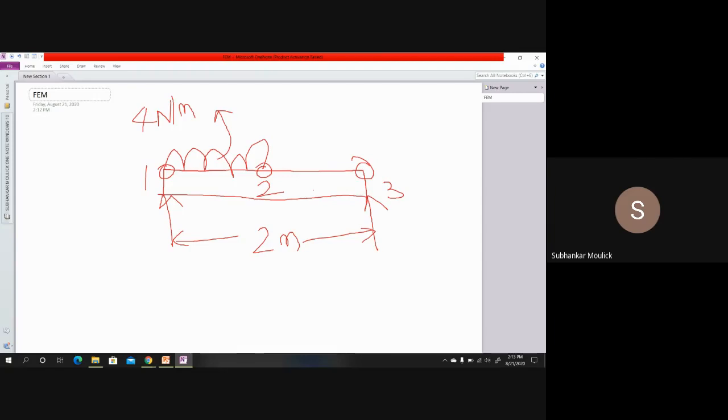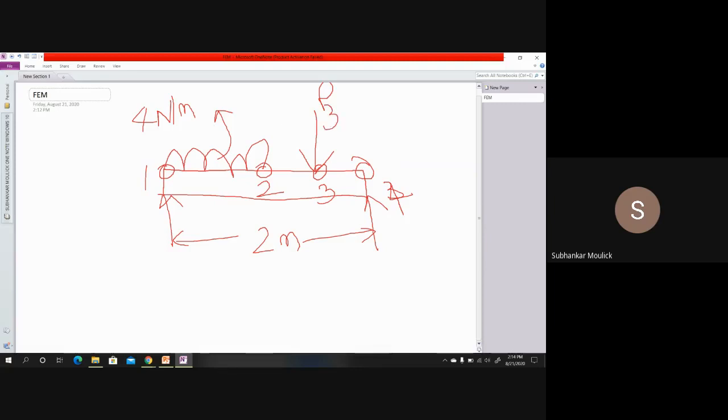Fine. And at the nodal point 2, or else let us take one more node, that is 3. If this is 3, then this will be 4. Now the entire beam is divided into 3 elements. The first element comprises nodal points 1 and 2. Second element nodal points are 2 and 3, and for the third element the nodal points are 3 and 4. So on this nodal point, if I apply a point load P3,